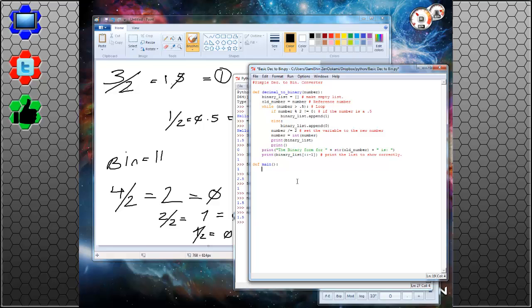I know it's not so simple in terms of how I'm explaining it. I really should have created this beforehand. But we're going to have a system where a person can keep adding numbers to convert. So we're going to have a switch here. Switch, and we're going to have it equal 0. So while our switch equals 0,